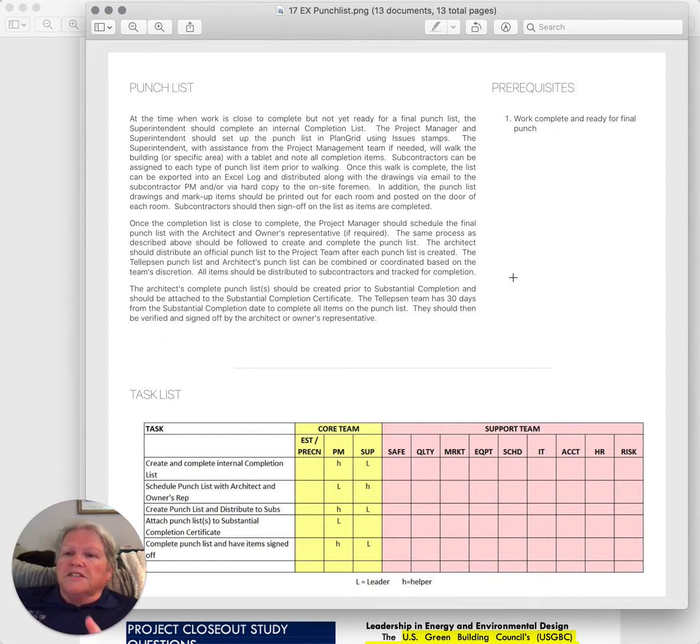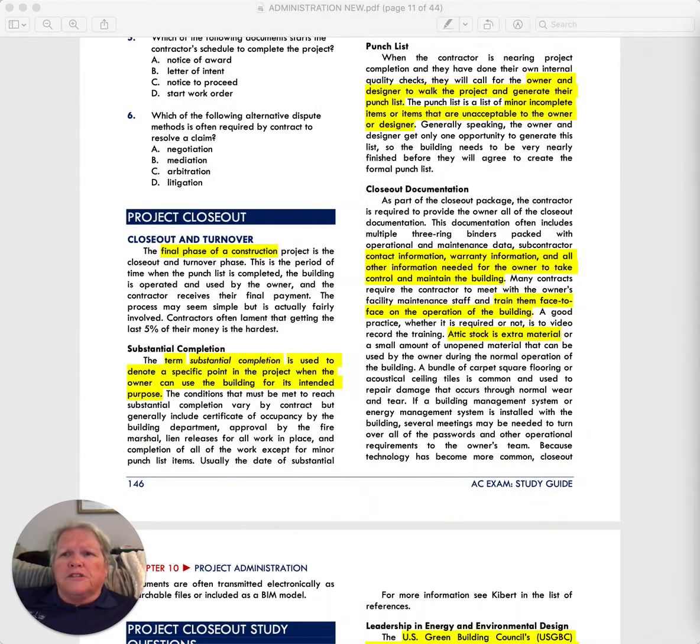The punch list is generated and is attached to the substantial completion certificate. And basically the punch list represents everything that is minor that has to be fixed before final completion can be granted on that project. There are lots of tools right now being used for punch lists, PlanGrid, other things